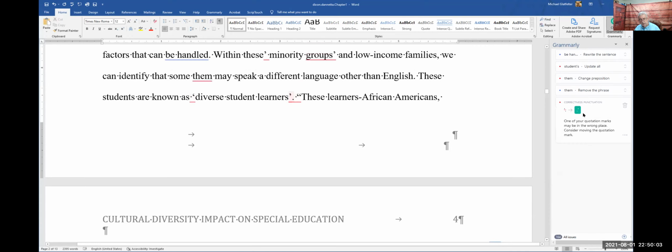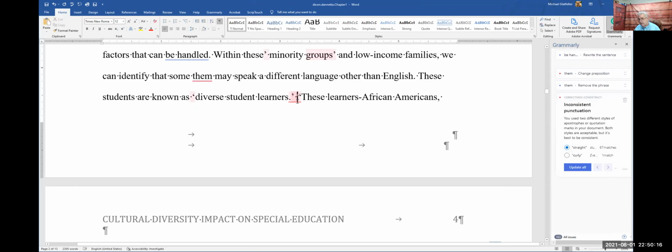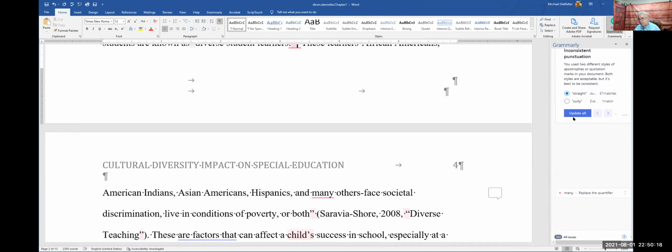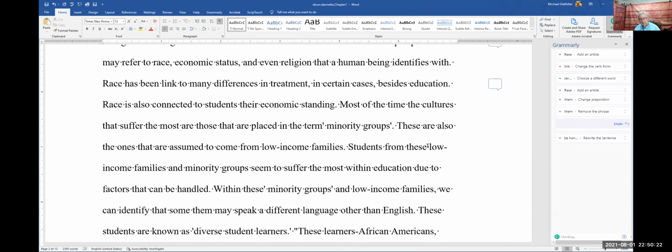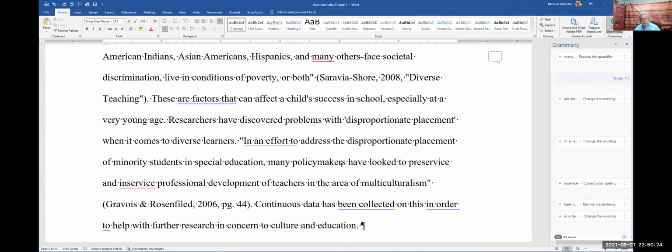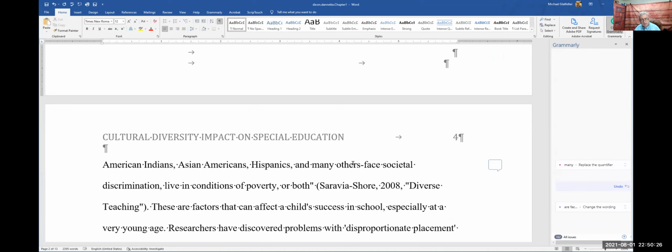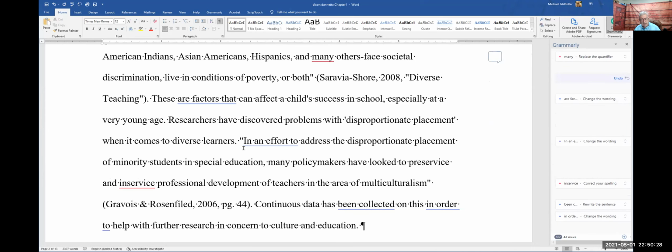Okay, so we're going to click on the green button, and it changed it. Now that period is in the right place. Okay, I got tired of looking at that, so I updated it. Okay, so then it goes through, it'll flag